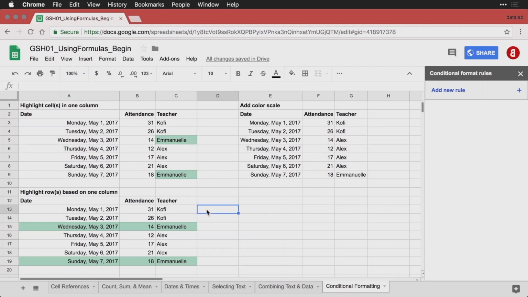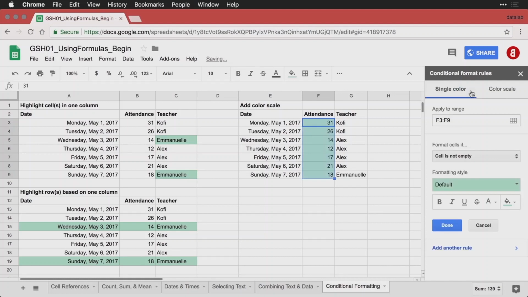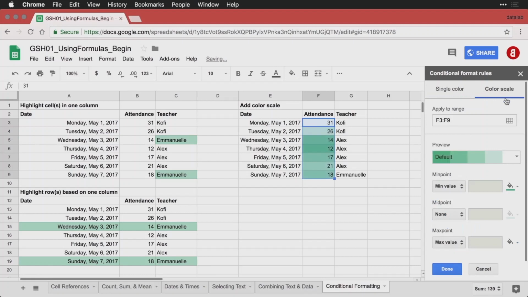And then finally, another good one is what's called a color scale. I'm going to come over here where I have the information again. I'm going to select just the attendance information. And I'm going to select a new rule here. Now, not a single color, which is what I've been doing so far, but a color scale. And what this does is it lets me choose a range of colors that go from the